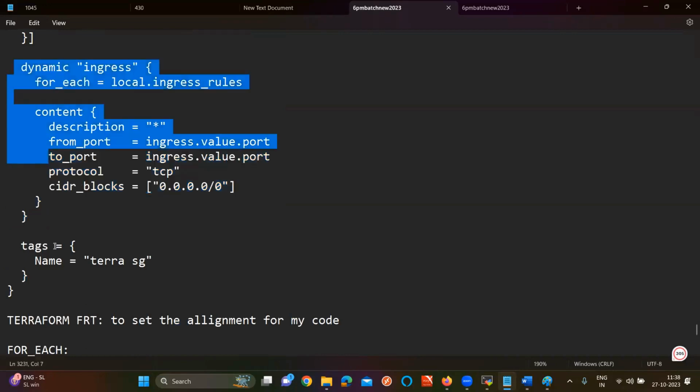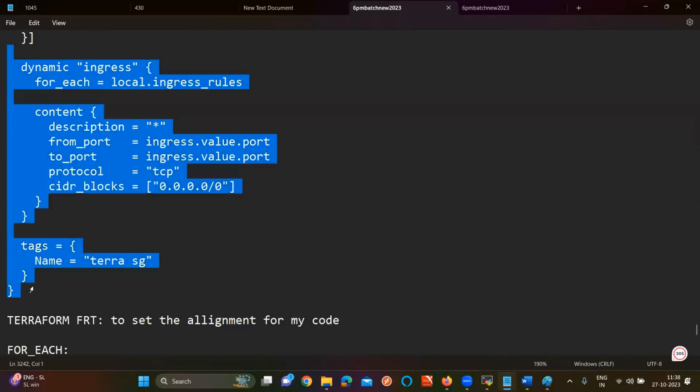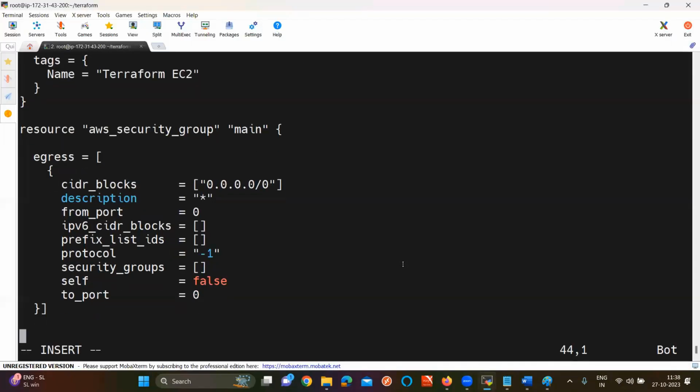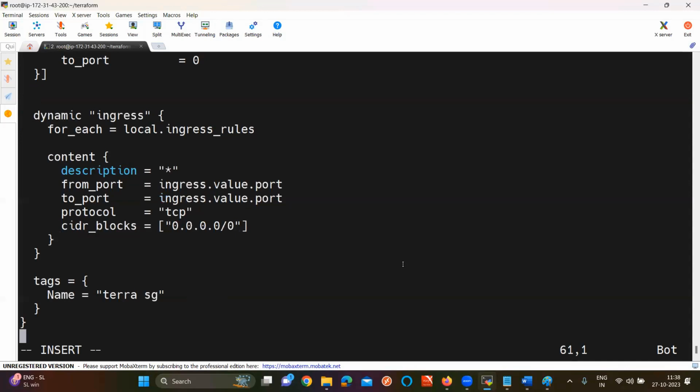Don't worry about this code. In an interview, they are not going to ask you to write the code. They will ask you the concept. You know the dynamic block. What will you tell there? Yes, we know the dynamic block. For what purpose are we using the dynamic block? To reduce the length of the code. Tell me any example: security group. For each and every port, we need to write multiple lines of code. But the ports I will define in ingress and I can call the values in the dynamic block. Automatically it is reducing the length of the code, or not, sir?